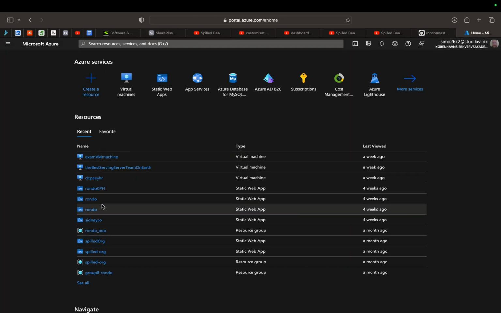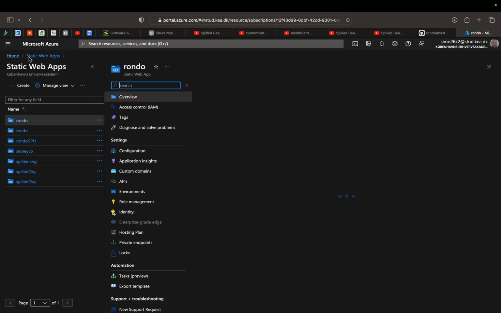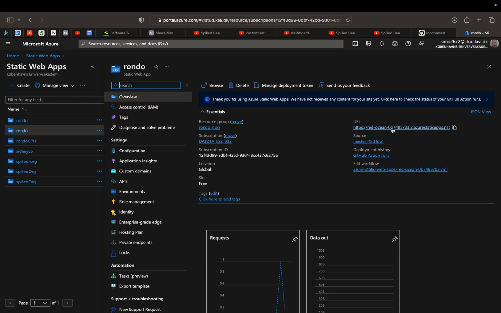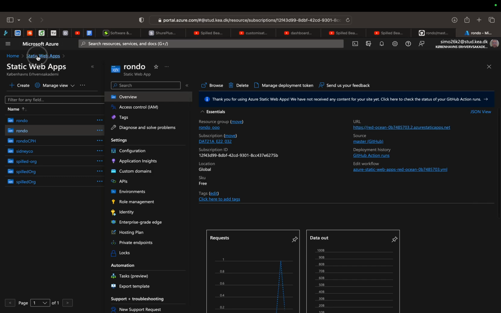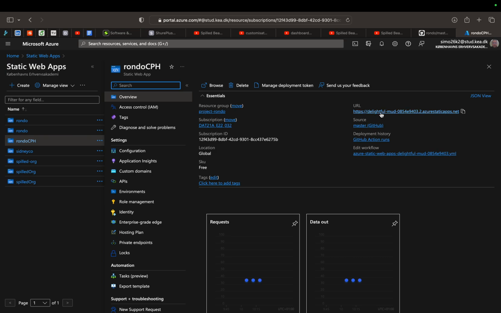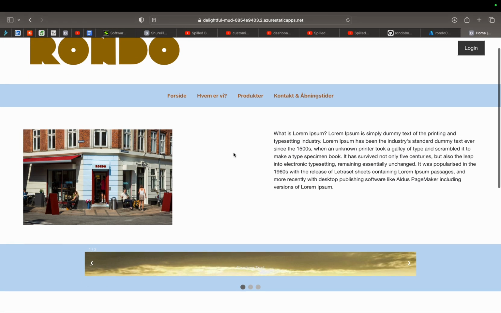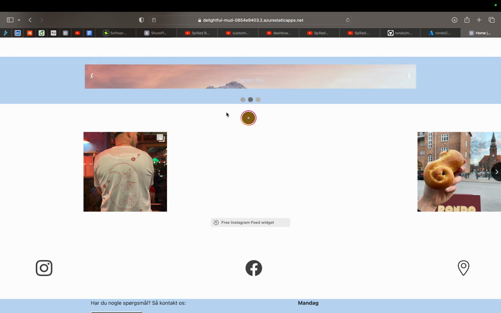So static web apps. Oh, we're going back here, and then we're just going to the Red Ocean URL. Oh no, don't have the content at the moment. Did I really? Did I pull the main? Yeah. Okay. So here we see our project, and